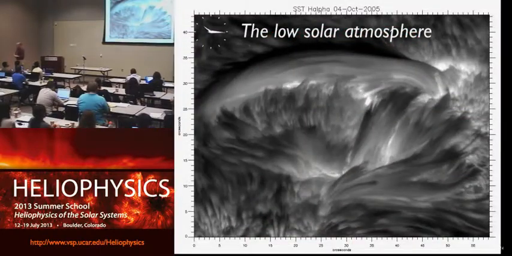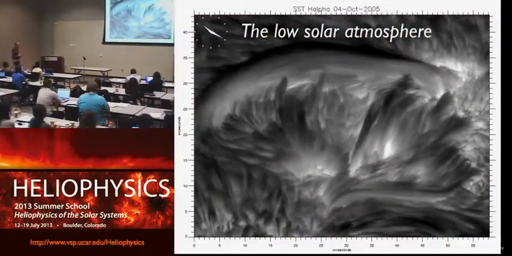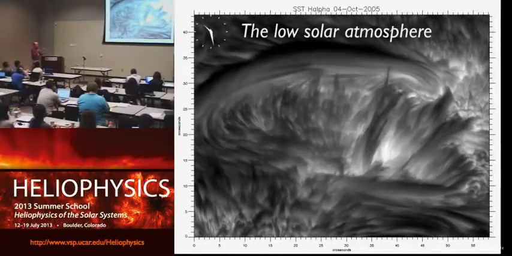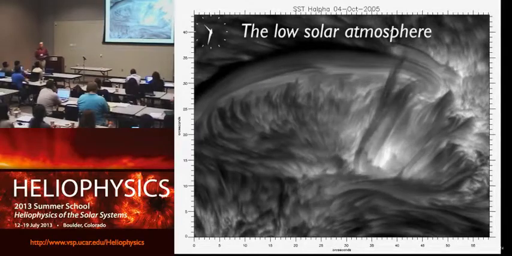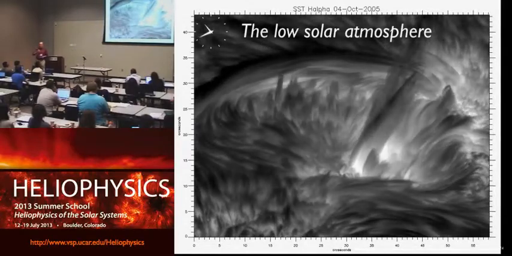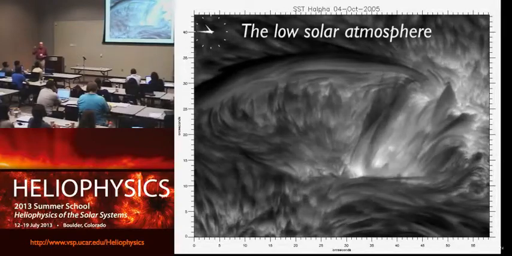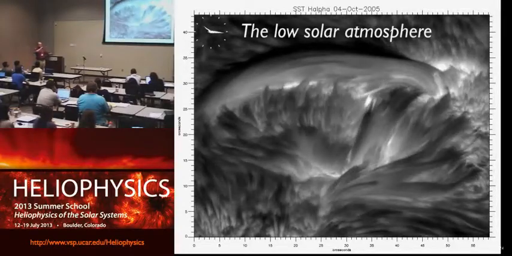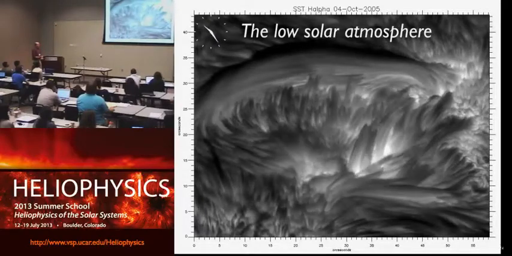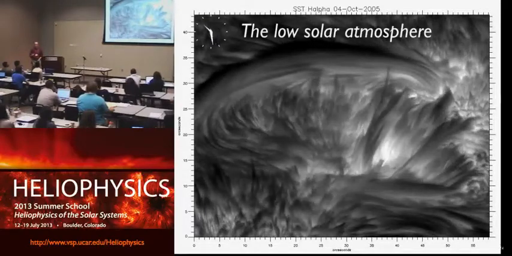And it's a beautiful movie. It shows in H-alpha, the hydrogen spectral line, the movements of all these, well, what is it showing? Actually, the magnetic field, because the matter is tied to the magnetic field. The magnetic field is moving around, and you see this entire structure that's swinging and moving.